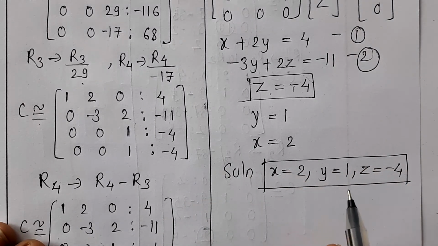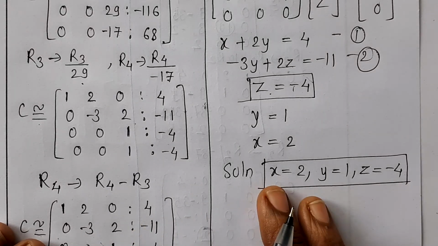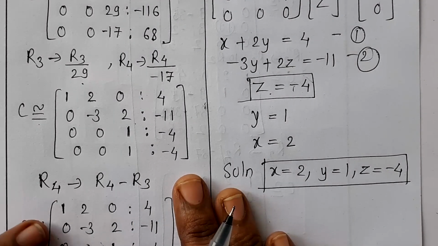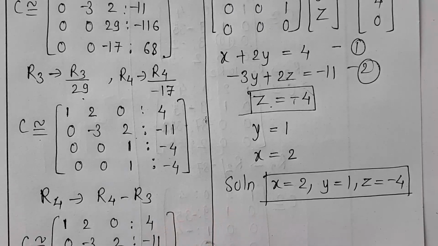So if we are getting an infinite solution, then by substituting t is equal to 1, you will get one solution. T is equal to 2, you will get another solution. So like that you have so many triples of x, y, z. If you put only one triple in that solution also, and if it satisfies the equations, it means it is a solution for the given system of equations. So in this way we can solve the unique solution and infinite solution problems.